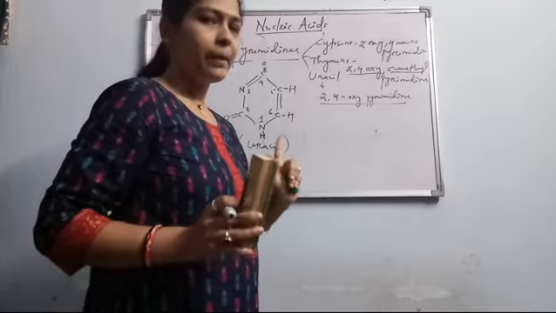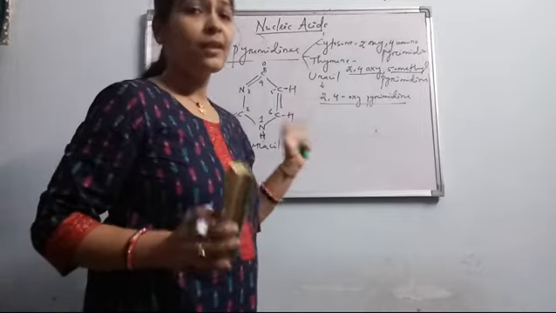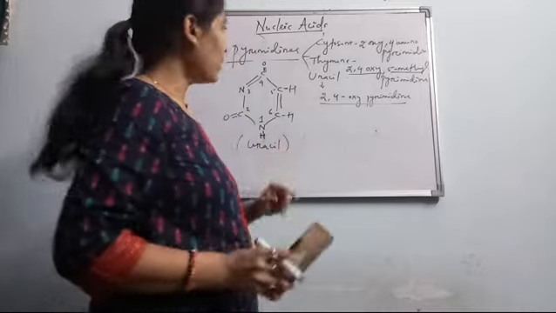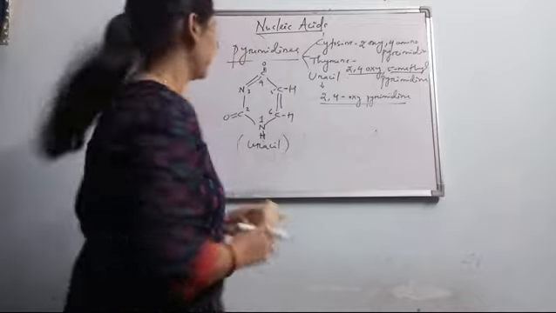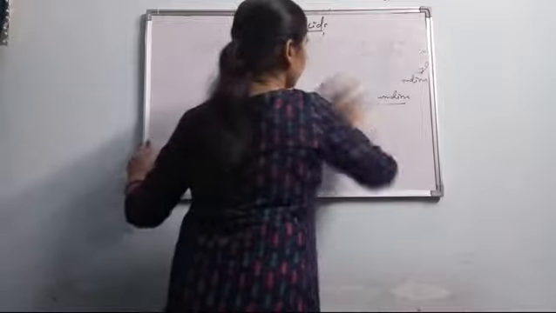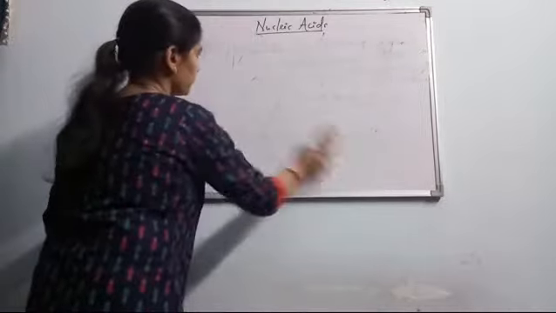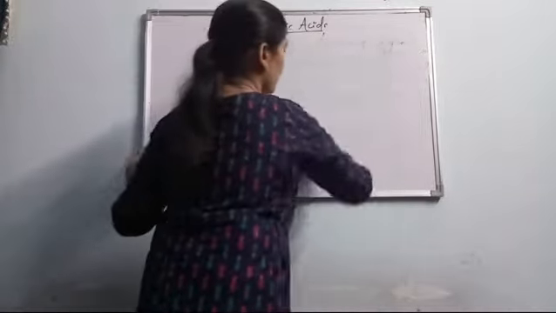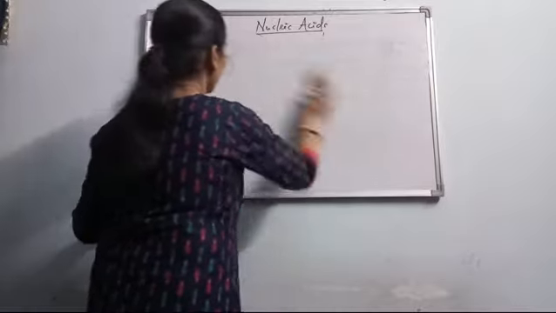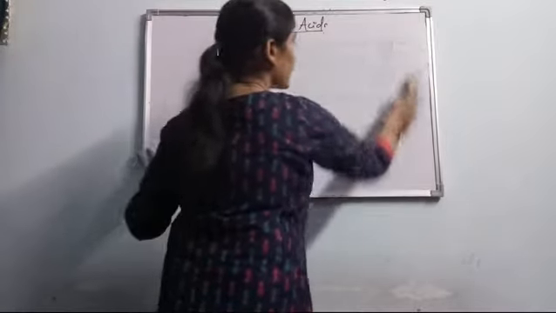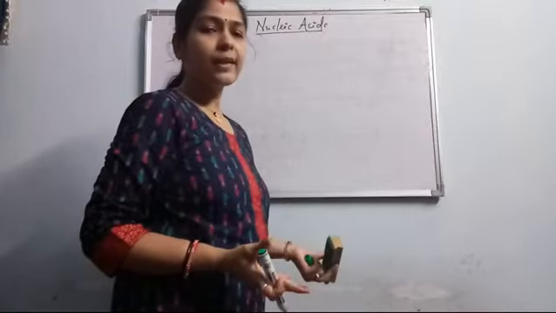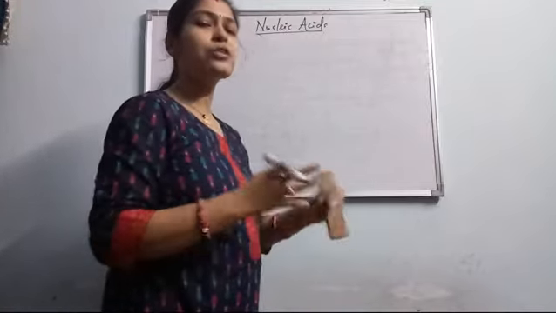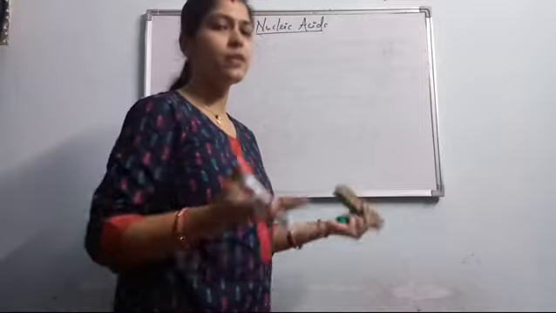All of you please comment whether all these structures are clear to you or not. Okay, then we will discuss the second component of a nucleotide, that is the pentose sugar. If the basics of the chemistry, that is the structure of nucleic acids, are clear to you, then it will be very easy knowing the properties of the nucleic acids, how the bonds are stabilized, how the structure is stabilized in case of DNA and in case of RNA.